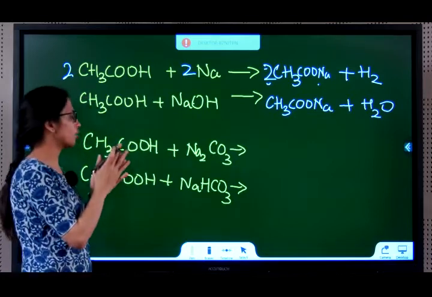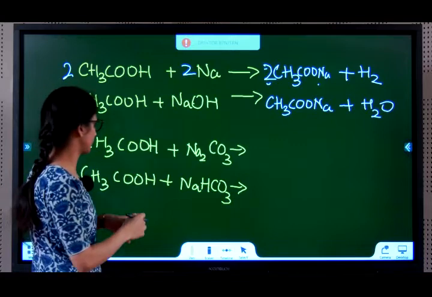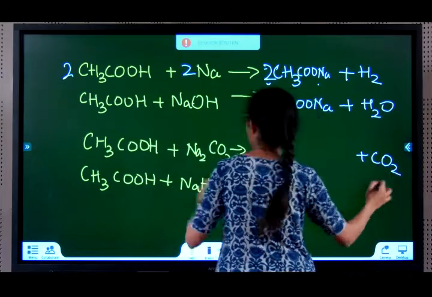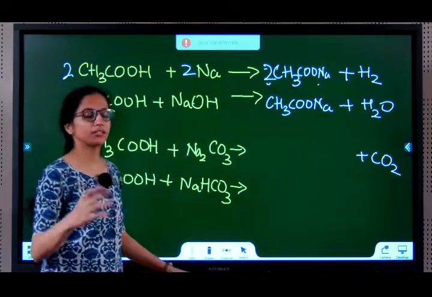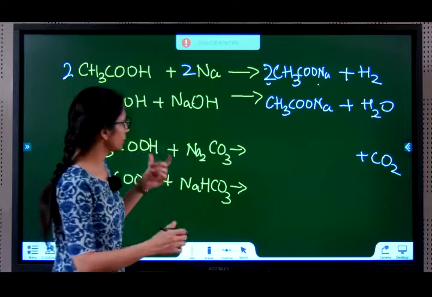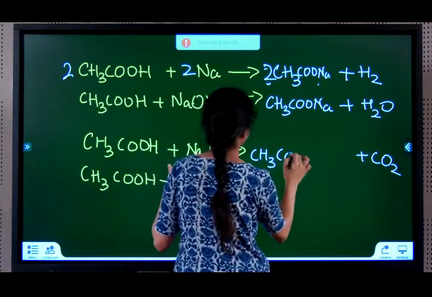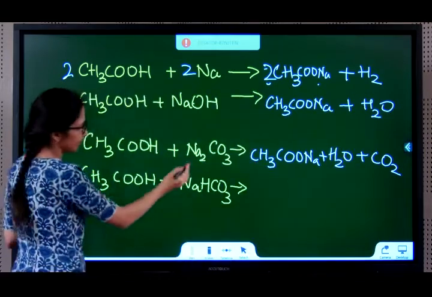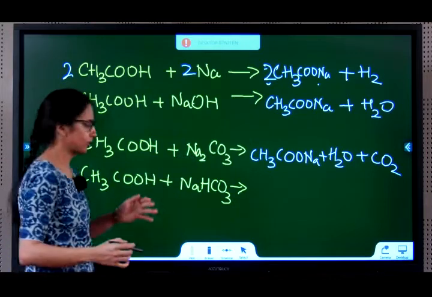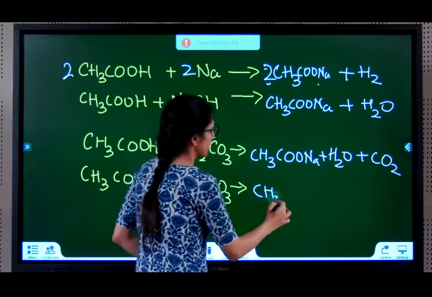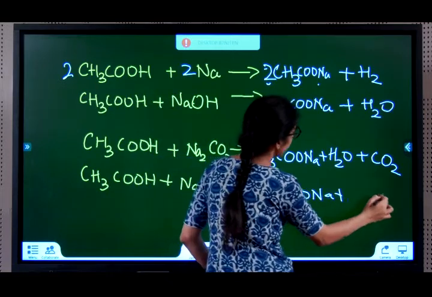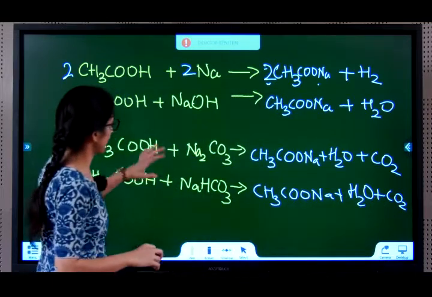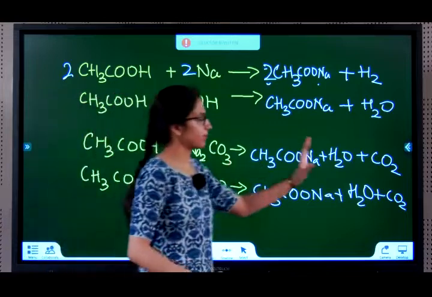Next, CH3COOH along with Na2CO3. Whenever there is a carbonate group, there is definitely CO2 gas released. Acid, Na2CO3 and NaHCO3 are basic in nature. So obviously there will be a salt and water also formed. In all the cases, sodium ethanoate. Similarly, instead of sodium carbonate, if you put sodium bicarbonate or sodium hydrogen carbonate, you observe the same reaction. CO2 is released, it's both acidic and basic, so salt and water is formed. Therefore, these two reactions are releasing carbon dioxide gas.